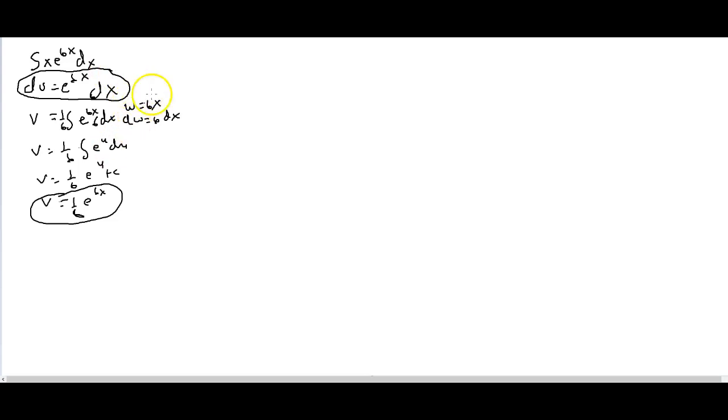All right, so that's the first step. So now I chose my dv, so now I'm going to set my u equal to what's left over. The other expression is the x over here, so I'm going to go u equals x. So du equals 1 dx. And those are my two expressions I need for the rest of it, right? So now I'm going to write the integral of x e to the 6x dx is equal to,